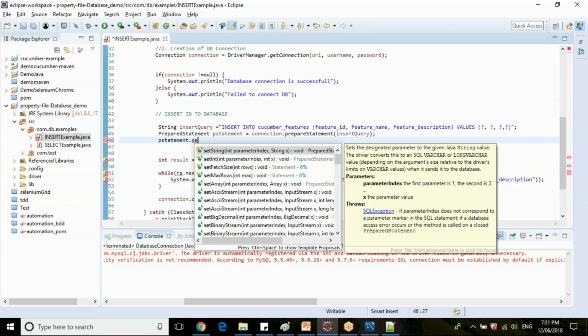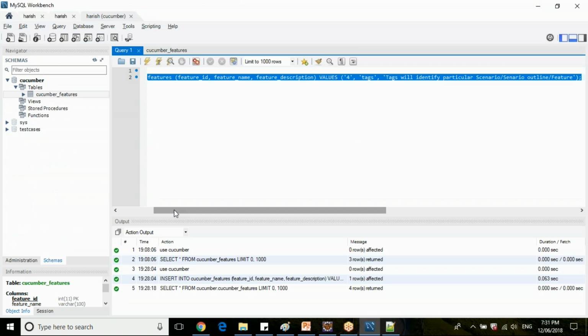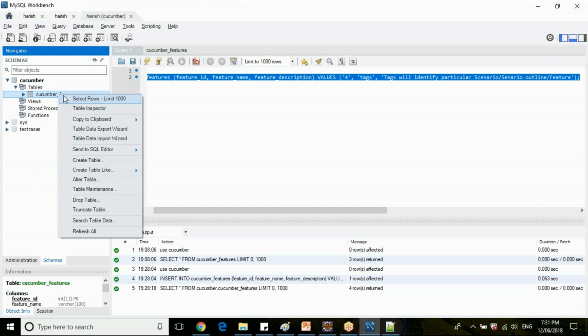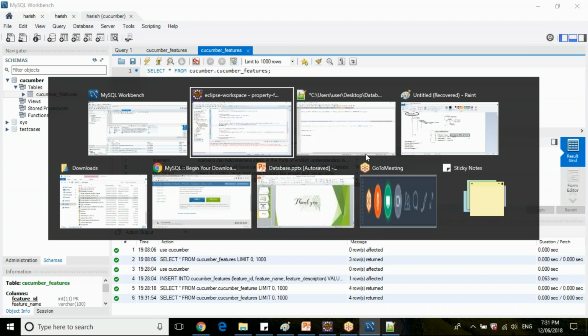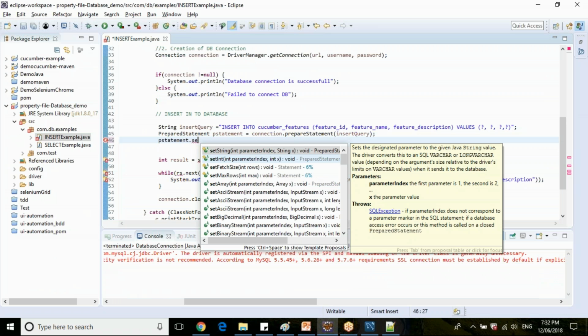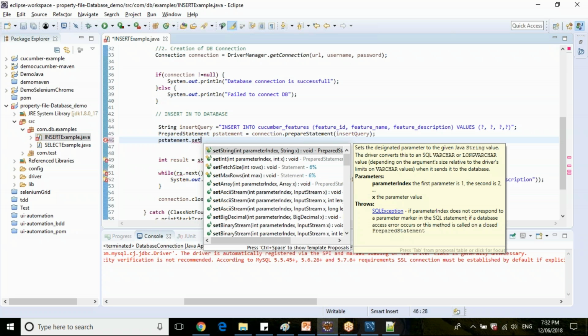Suppose your column is integer here in your table, then set integer. If your column is string, set string. Whatever the data type, based on the data type, it will have some methods here: set string, set integer, set array, like this. So the first one is